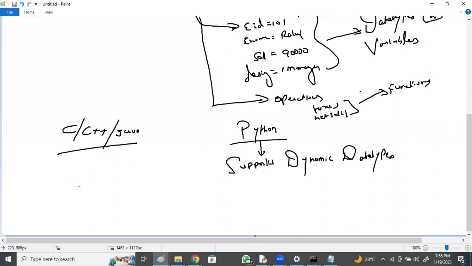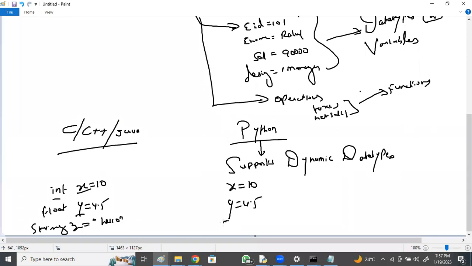In other programming languages, we say int X as 10, float Y, string Z. Compulsorily, if you want to create a variable X, we need to say what type: int, Y float type, Z string type. But in Python, directly we say X as 10, Y as 4.5, Z as hello. No need to define the data type.